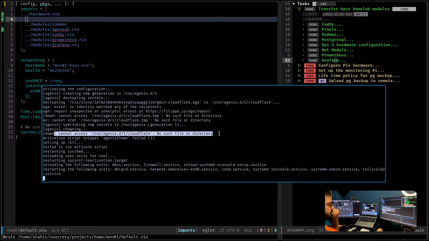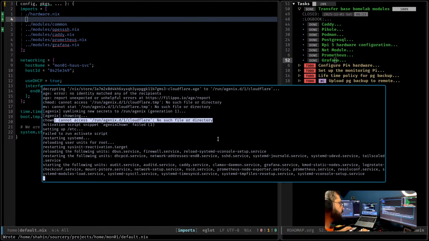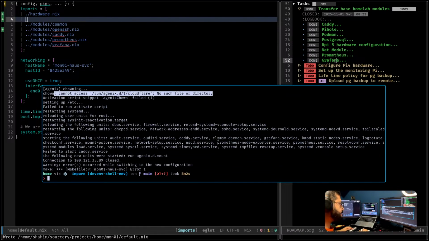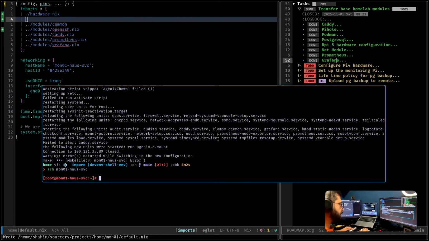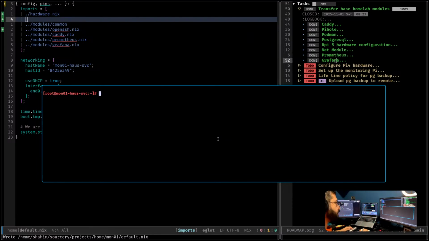Cannot access. Oh, this is correct. Okay, let's see. Fortunately, we have access to SSH. But systemctl status Prometheus.